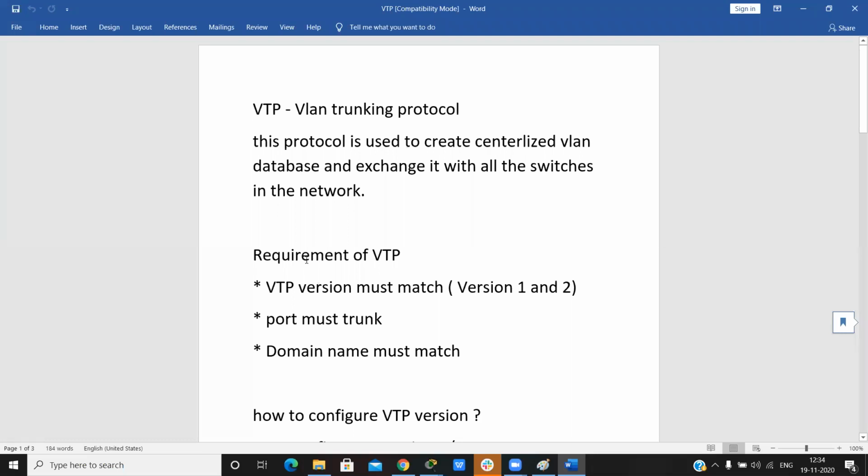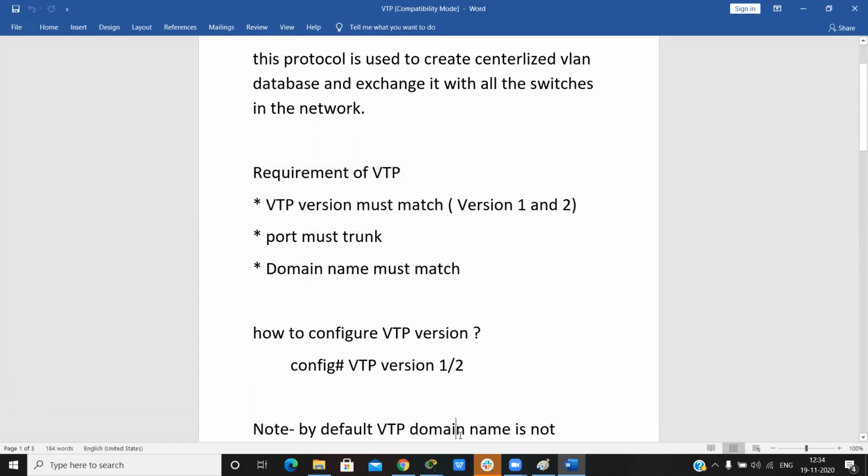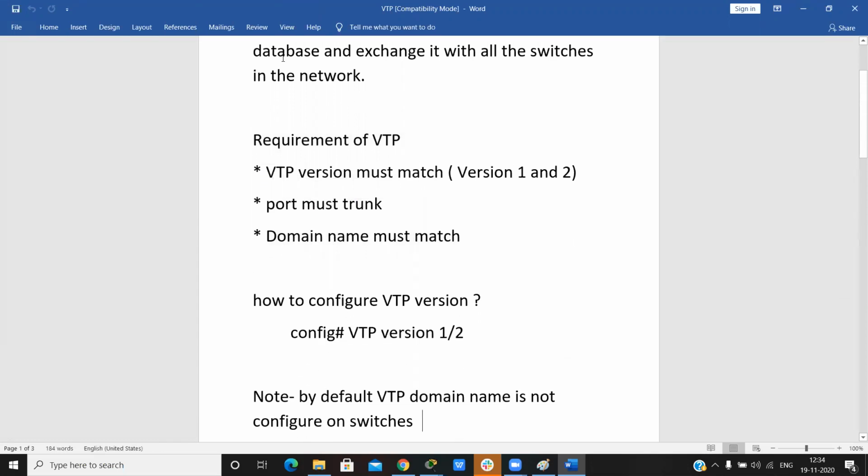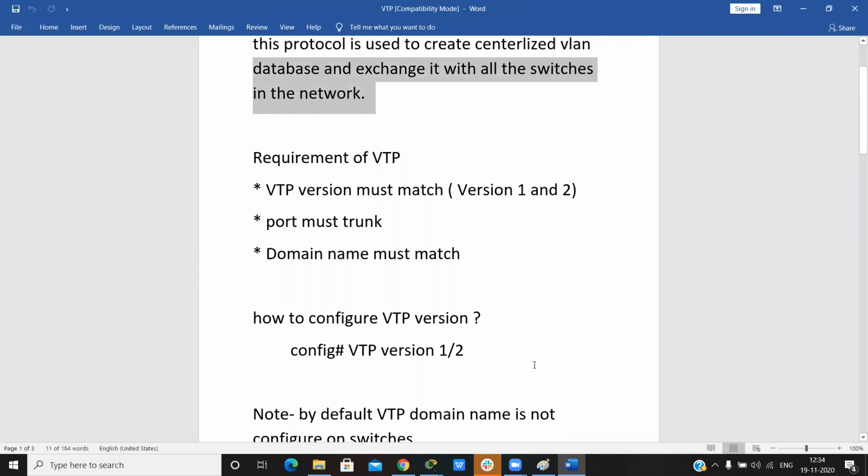The requirements of VTP: first, the VTP version must match; then the port must be trunk; and third, the domain name must match. If the domain name does not match, then it will not exchange the database.